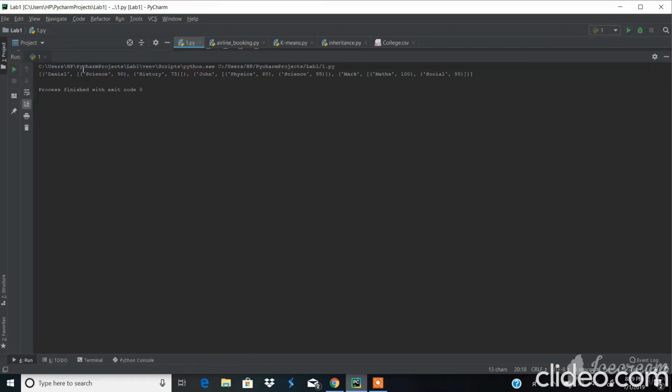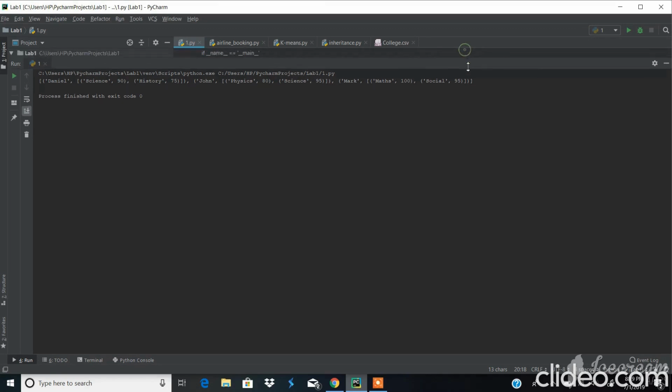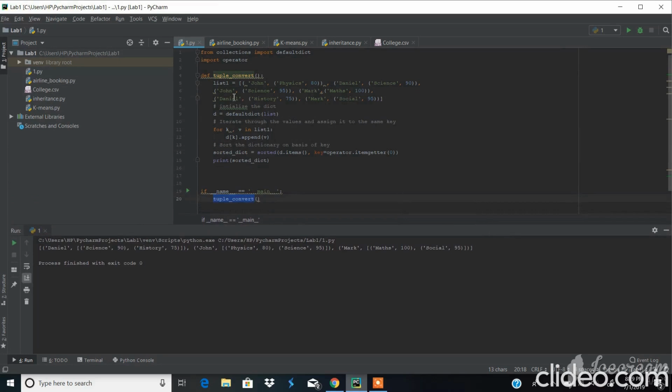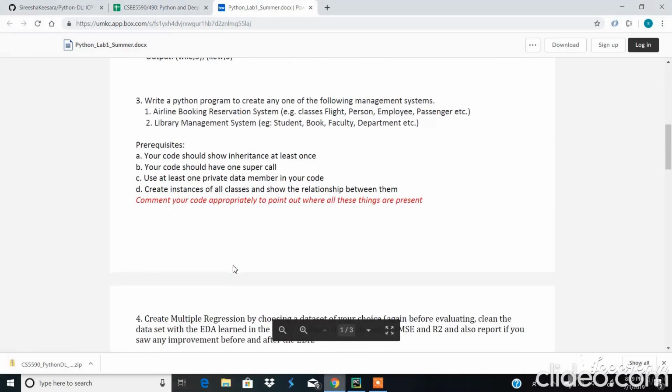As you see, we are getting Daniel, for which we are getting the values science and history, and for John we have physics, science, so we are getting two different values for John, and for Mark we have maths and social. If you see here, for John we have physics and science, Daniel we have science and history, where we are getting it as a key and value. So going to the next part,